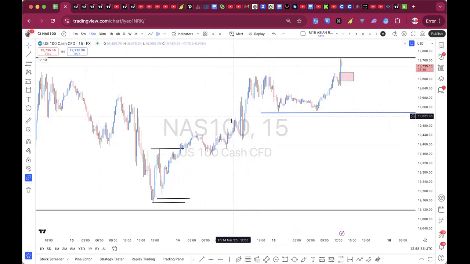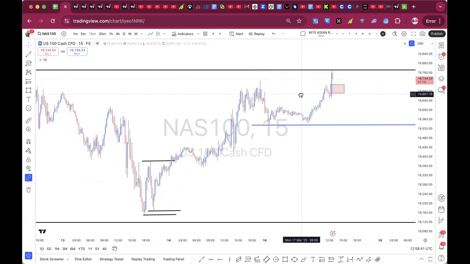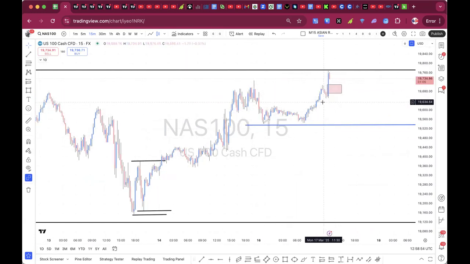Okay. We have another one here. But from here, this one is already broken. Since this one is broken, and then this one got up and retested here, so this is a low. And this low had created another high. So you want a pullback. And so this pullback, we